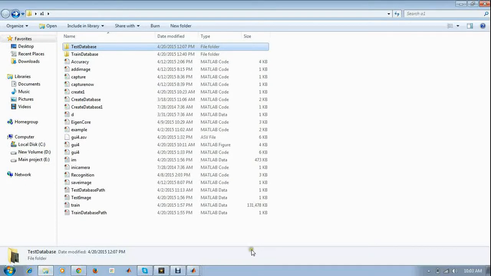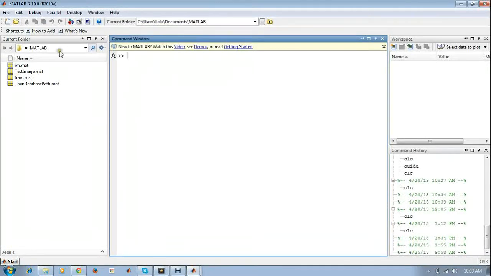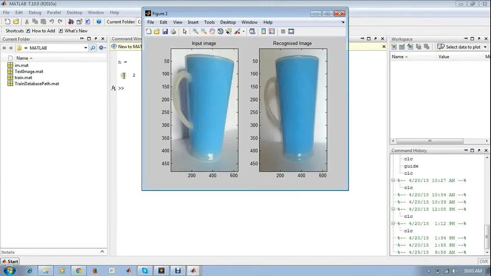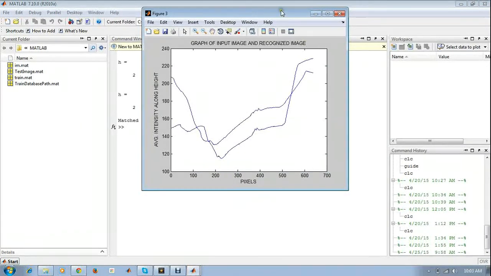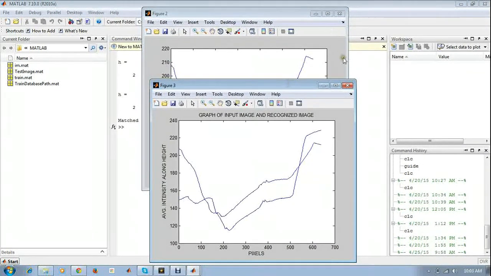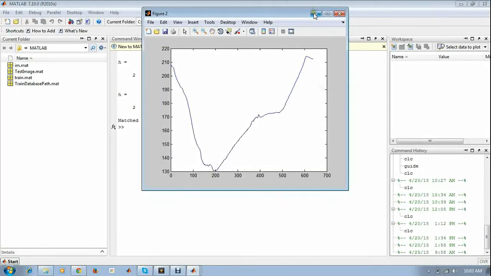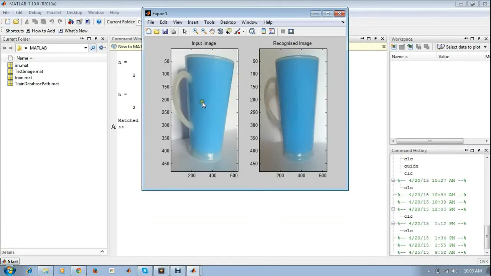This is the code regarding our project. First we have to change the path here, the input image. This is the output we had applied. This is the input image given by us, and this is the recognized image which the system has recognized.